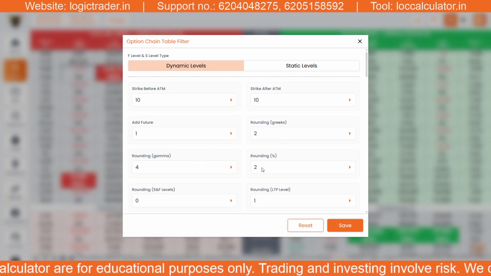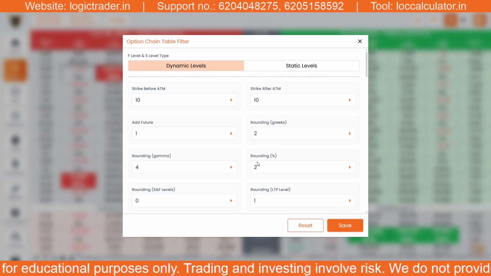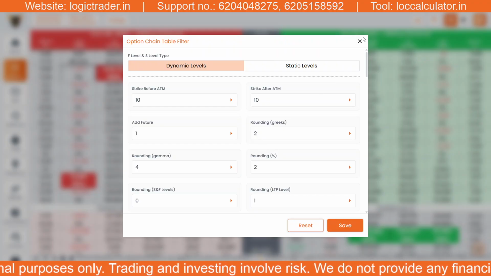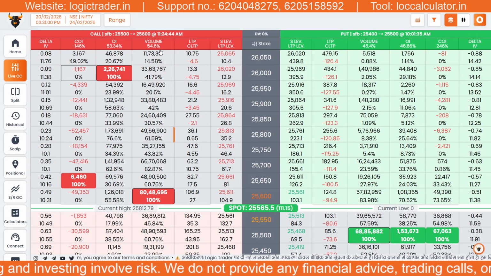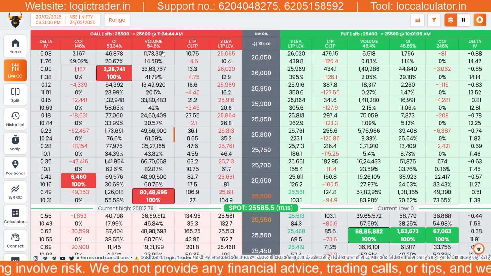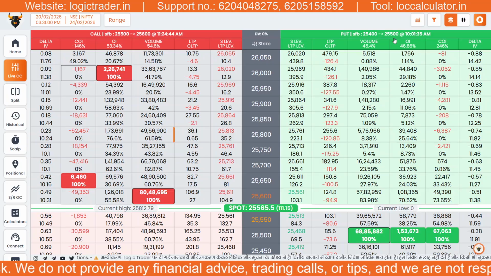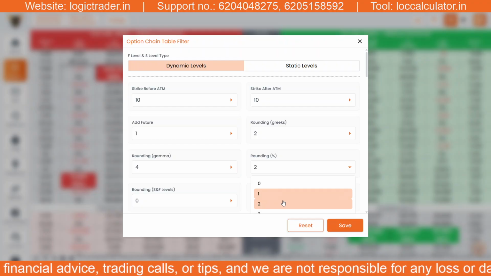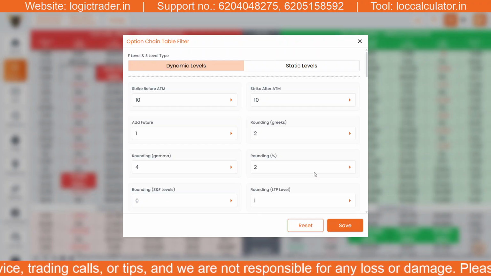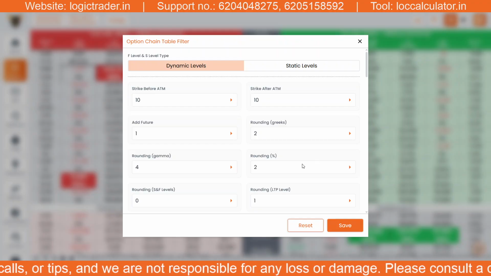After this, what is this rounding percentage? In rounding percentage, you will only get the volume, OI and change in OI. See here, volume percent. After the percentage, how many rounding decimals do we want? We can select it from here. Rounding percent 2, 3 or 4 and so on. Okay. After that,